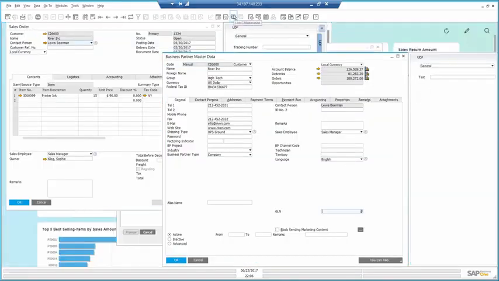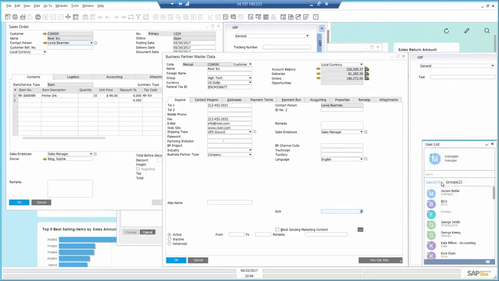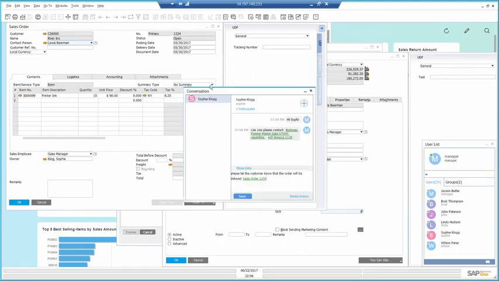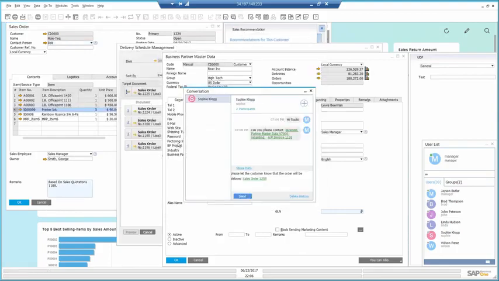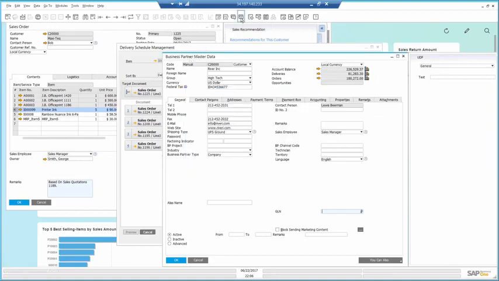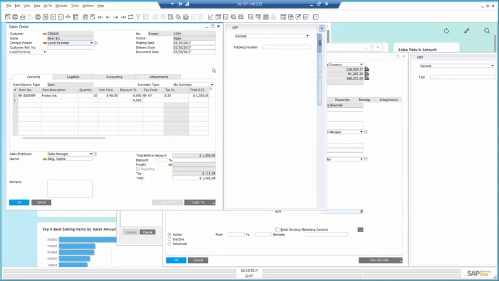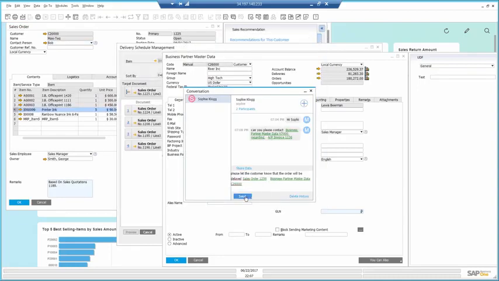Using the live collaboration, I can instant message other individuals or groups of users in the company. In this case, I just want to notify Sophie regarding this order. Since it's all integrated, I can even attach the sales order and the business partner by using the send to conversation to the message itself. Sophie will receive an interactive link which she can simply click to open and take it from there.